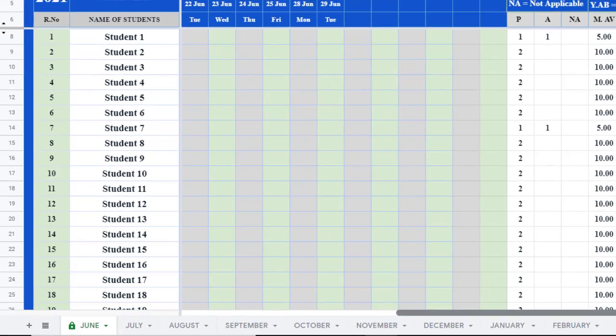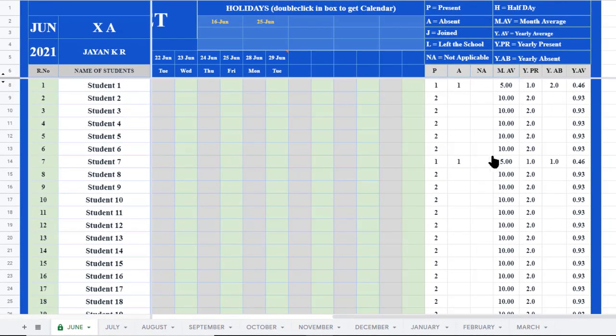Okay, this area I will explain. This P means present. Student 1, total number of present of student 1, total absent of student 1, and this is NA. NA means not applicable. Some students, in some situations, no need to come to school. At that time, what to do?